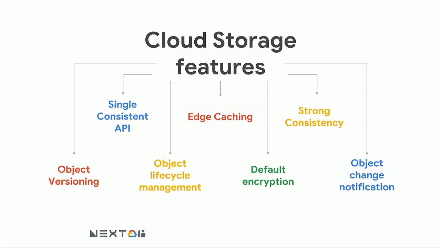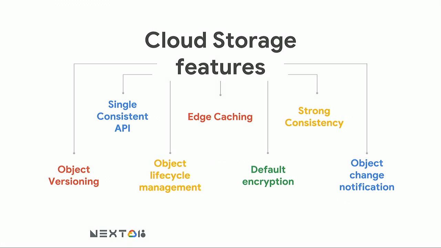In addition, there are a few other features that I think differentiate when we're looking at cloud storage options. One is a single consistent API, so you don't have to manage multiple APIs, and that API actually works with other cloud providers as well, which makes it really easy to move data. Edge caching, given our network, making sure that the data can be easily brought to you quickly. Consistency and things around security like default encryption, that's automatically encrypt data at rest and in transit,